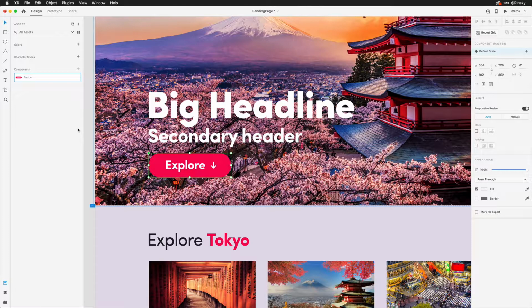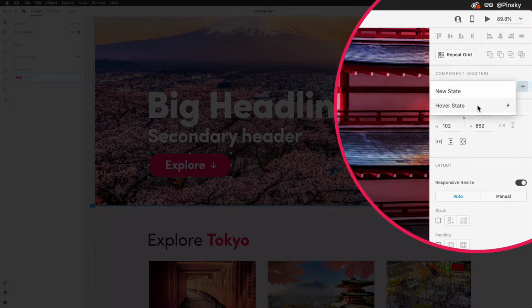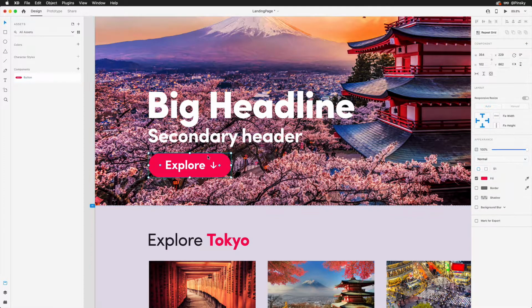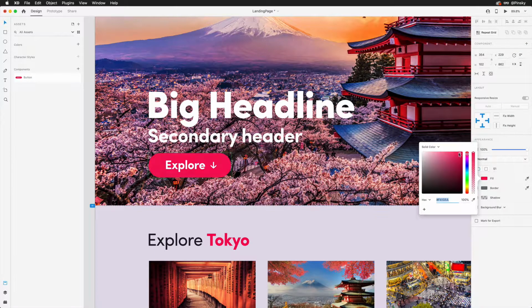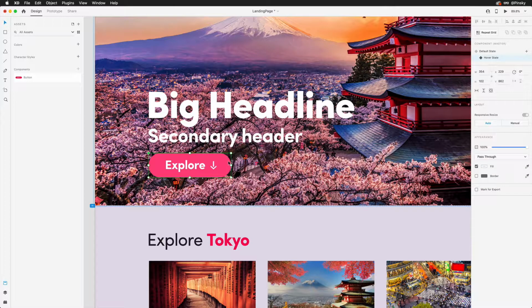Now that our button has been converted, we can add in an additional state by pressing the plus button beside the default. And you'll notice that hover states are automatically wired up for prototyping, as indicated by the lightning icon to the right. With the new state created and active, changes can be made to the button to define the hover effect. Keeping things relatively simple, I'll lighten up the color a touch, then separate the two pieces of this icon ever so slightly. Great, I can now switch back to the default state.